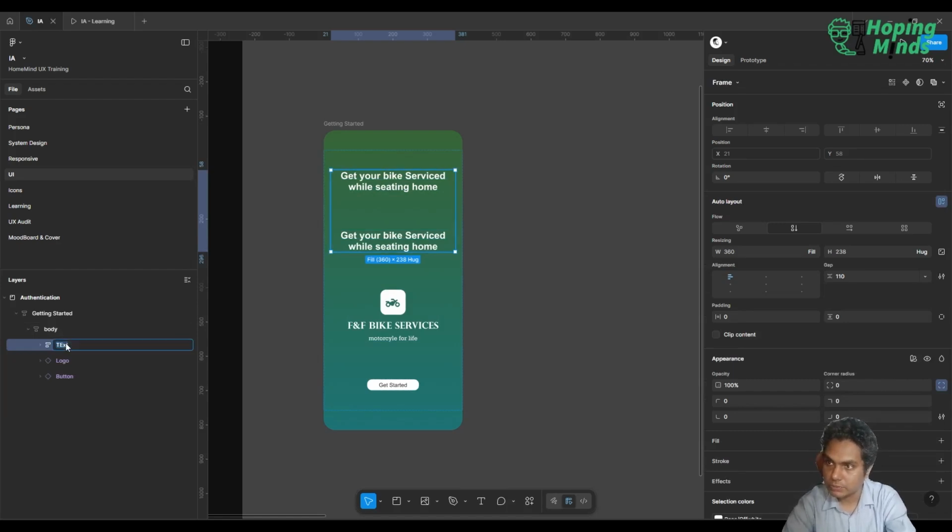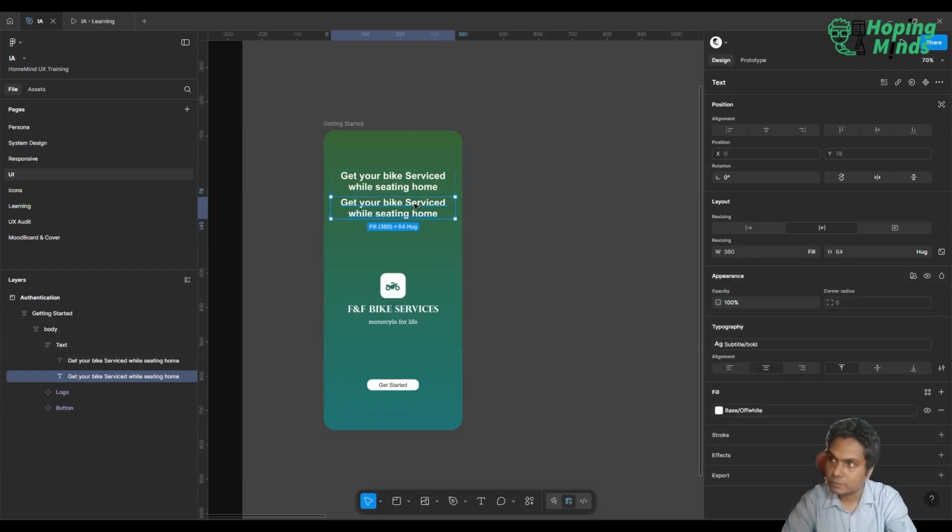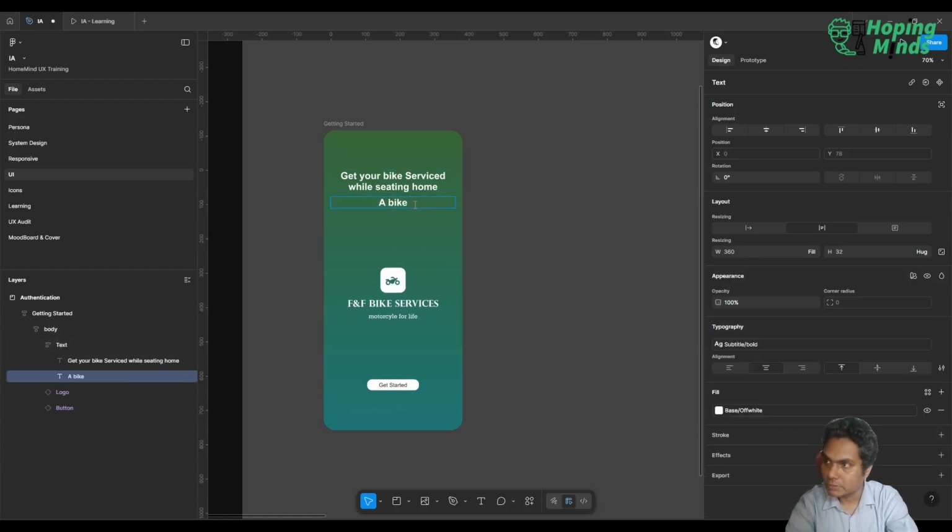Text. And we can have a small spacing here. A bike servicing app based in India,